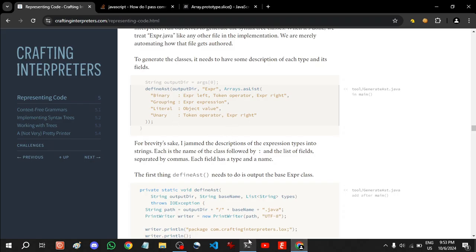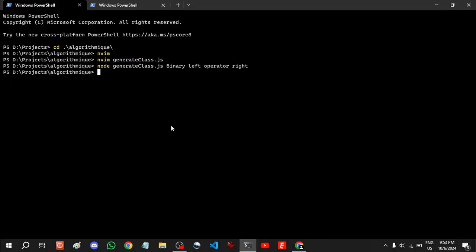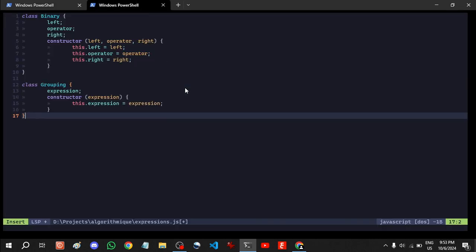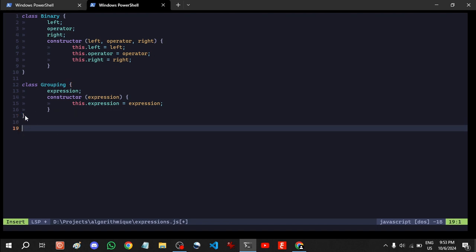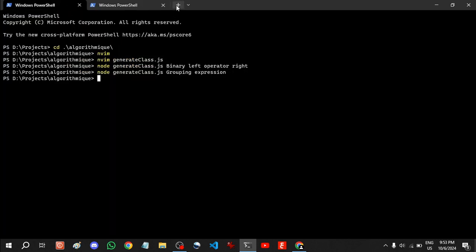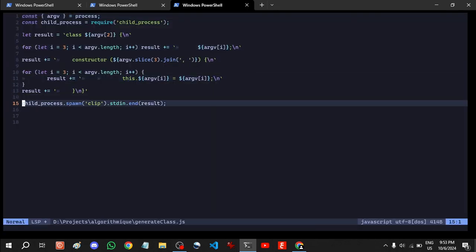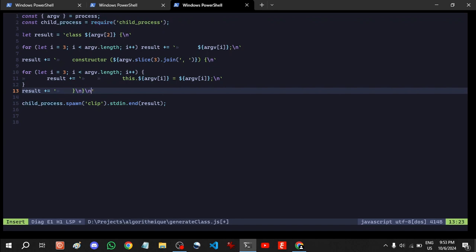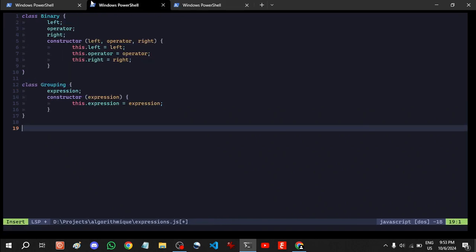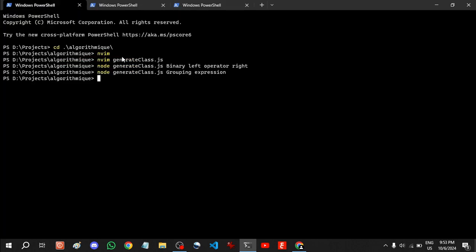Grouping, just expression. So grouping expression. I should have automated this too, so let me do that now. In Vim, generate, and good, and then